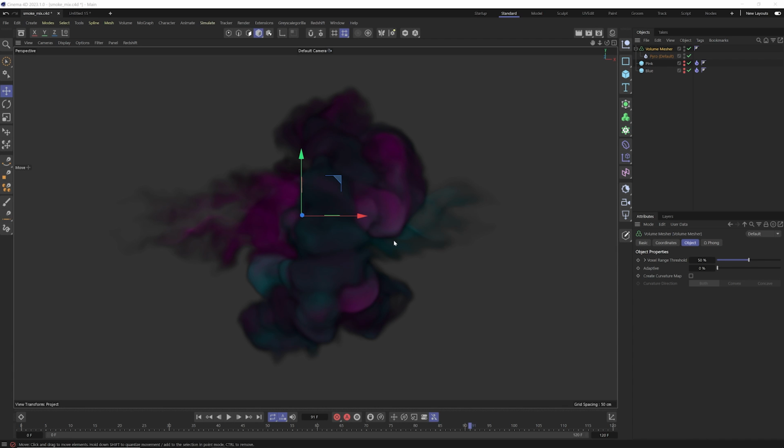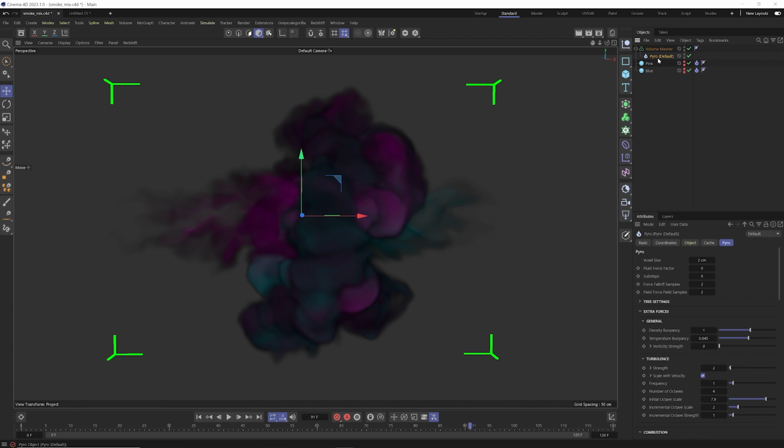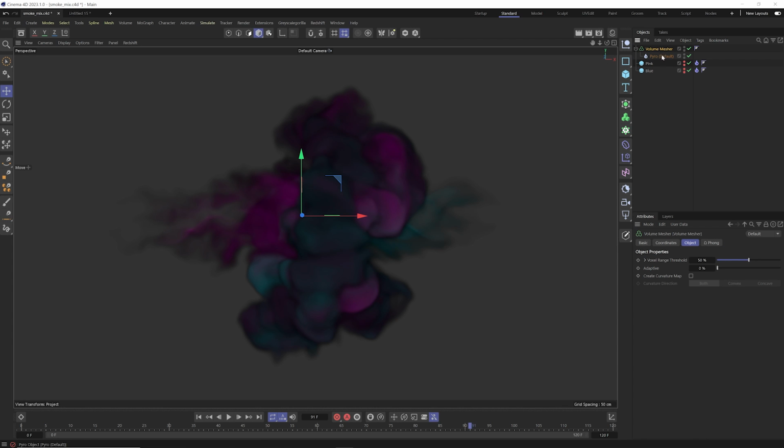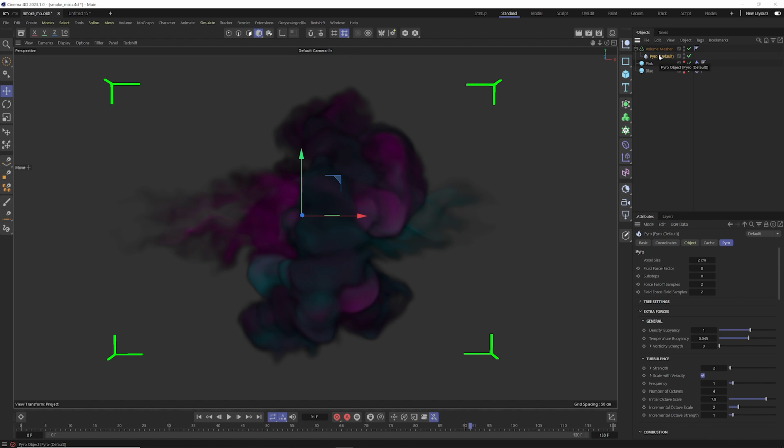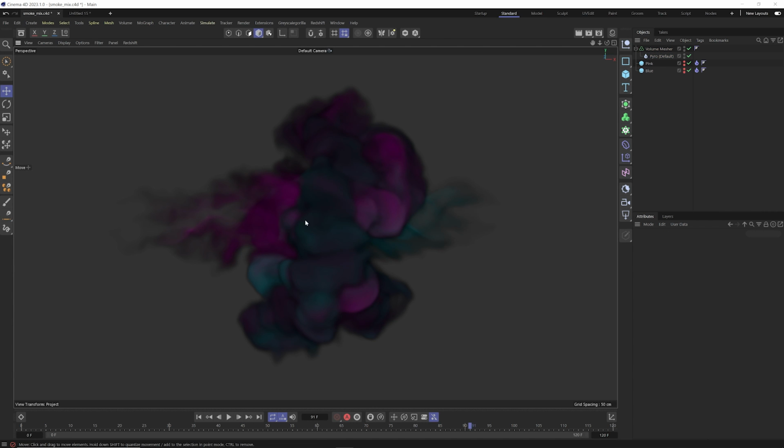Now you're going to see that as I threw that Pyro object in the volume mesher, nothing happened at all. And remember back at the beginning of this video, I said that whatever you see in this viewport is not actually existing within the C4D viewport. It's on your GPU, and that's how it can offload that calculation to speed up your viewport view. So what we have to do to bring this sim and load it into our viewport here is by going